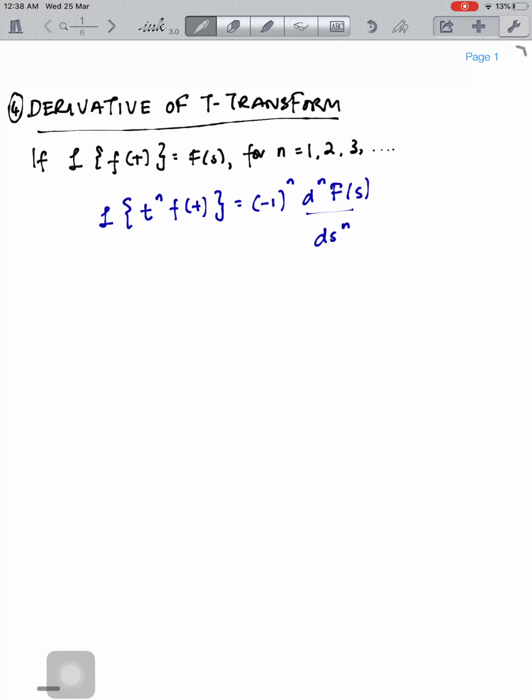Alright, so the first theorem of Laplace transform that we're going to discuss is called the derivative of the transform. The theorem states that if the Laplace of the function f of t is equal to F of s,